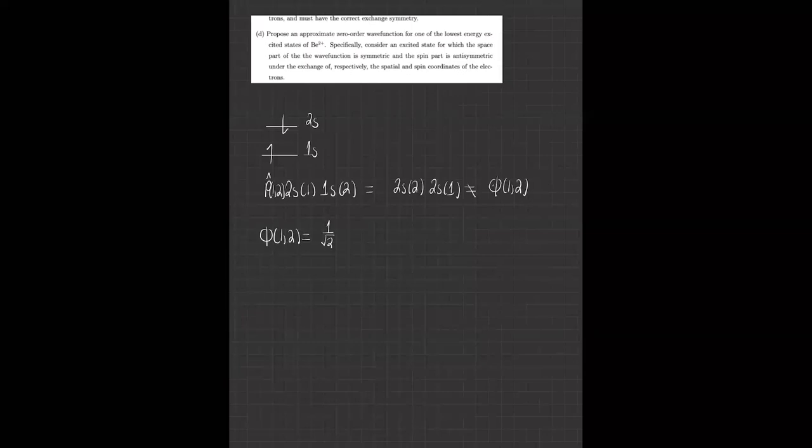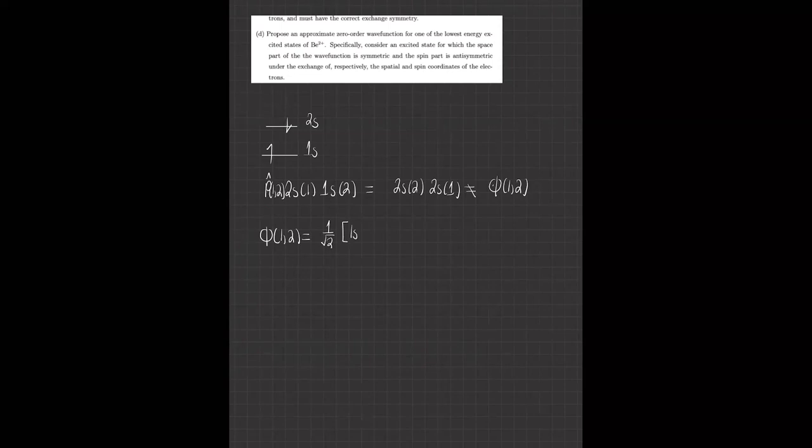Okay, so what I was saying before is you can't suggest that the wave function look like this, because when you exchange them with this operator, you're not going to have the same wave function. So you have to make a linear combination of both possibilities of the electrons being in either one of the orbitals. So what you write down is 1 over root 2, because they're anti-symmetric, they have different spins, yeah. And then what you write is